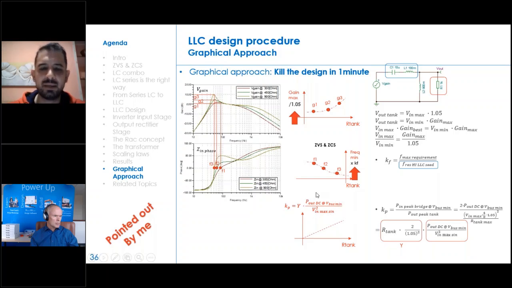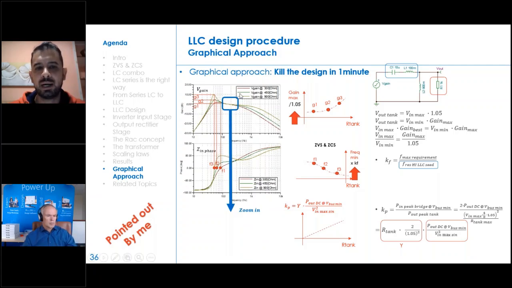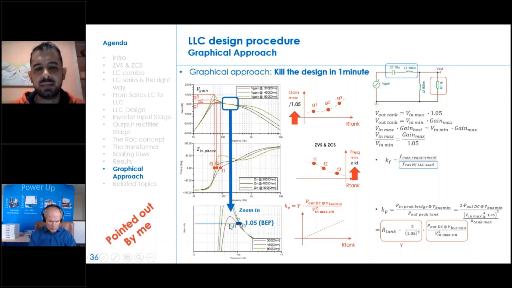Now the smart engineer will ask, okay, everything is clear, but what about the maximum frequency? I do the same. If we zoom in around this point, we see that by always keeping the same best gain and sweeping the tank resistor, the best frequency increases. So if I report these results on the second plot, you get something like